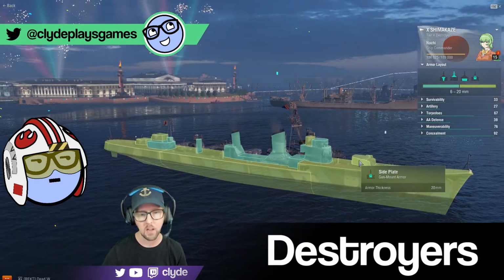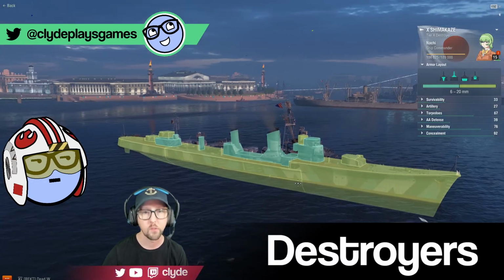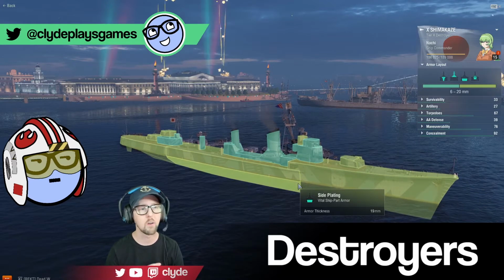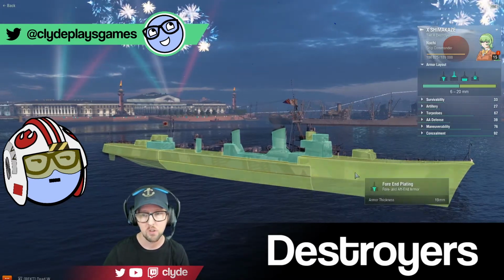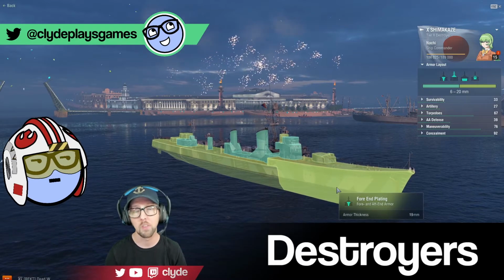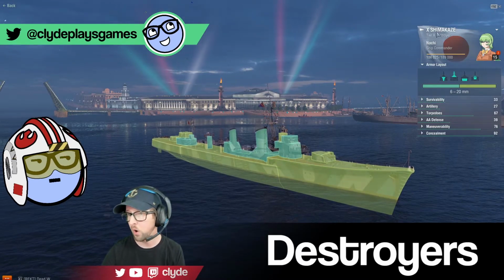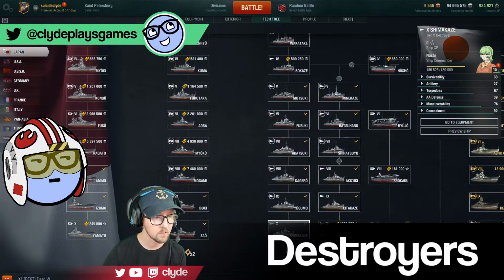Everything except for the guns is fully penetrable. Oh, and this little conning tower is fully penetrable by the Daring without any IFHE assistance. You should be able to gun down a Shimakaze, or at least shoot up a Shimakaze, without any need for the IFHE captain perk. If we wander over and take a look at the Halland, we'll find that on our